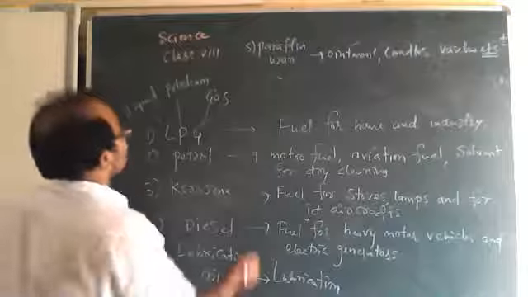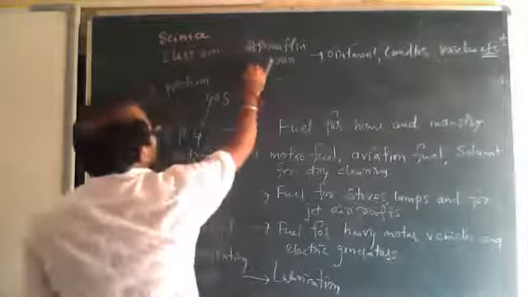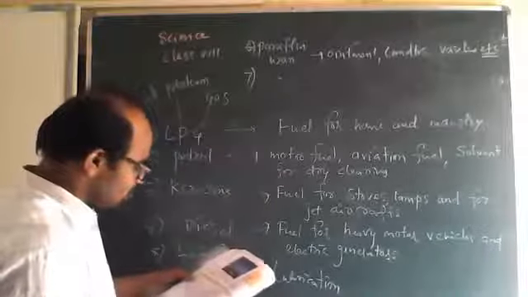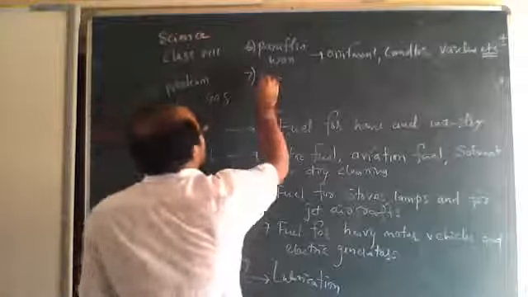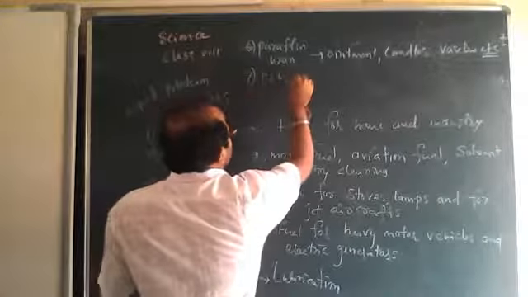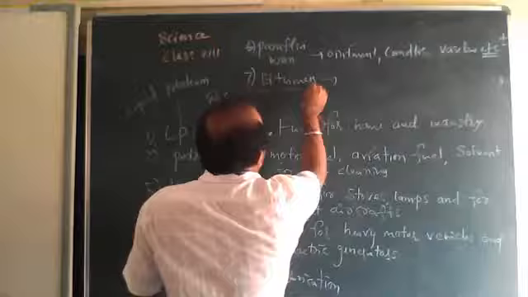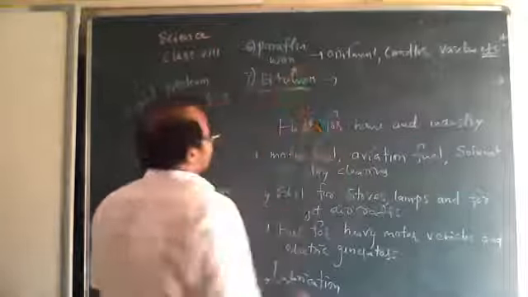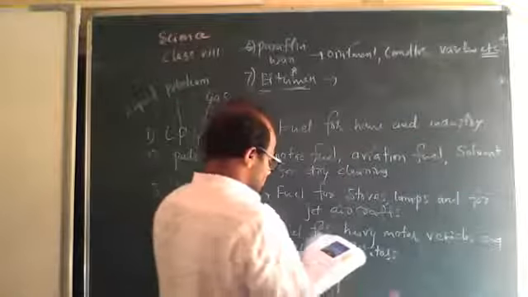So that is our sixth one. Last, seventh one is bitumen. Okay, this is very important. This question will be asked most of the time. You remember this. This is the start. Bitumen: paints and road surfacing.